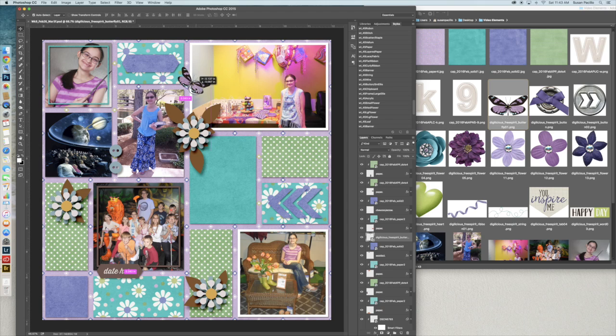So whenever you see a butterfly on my layouts, that's for my mommy. And like I said, I don't know how long I'll do this, but for right now, it's important to me. It's important to have that butterfly, and so there she is. Not sure exactly where she's going to end up, if she's going to stay there, but